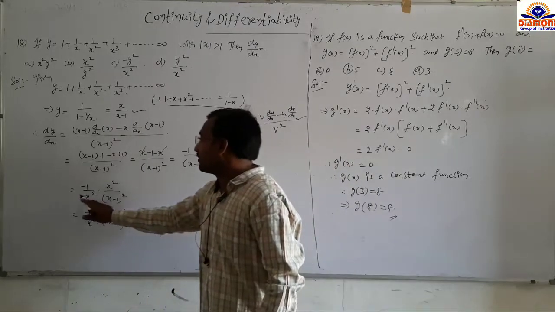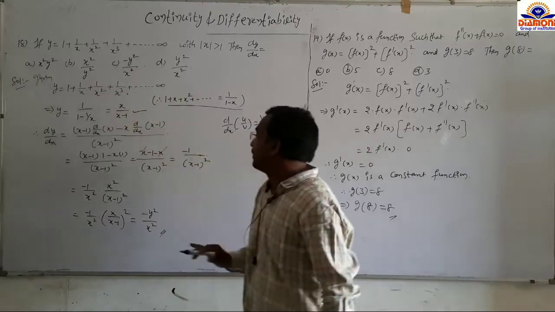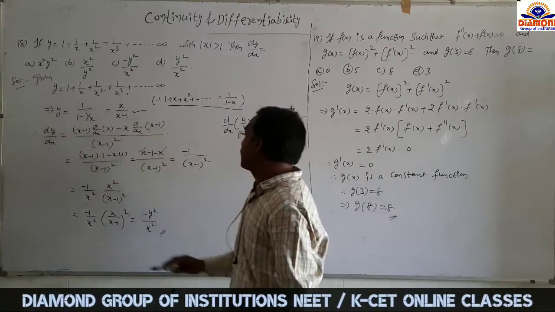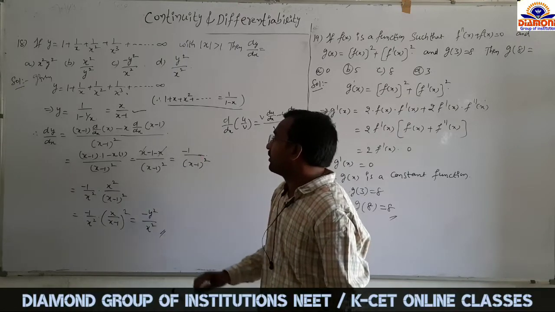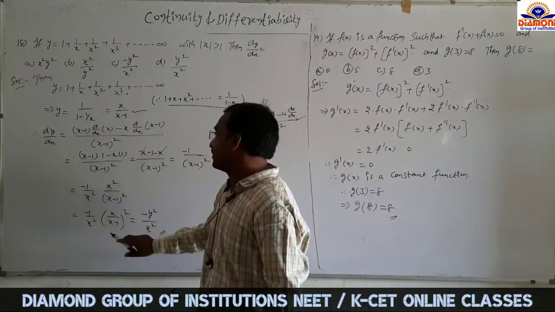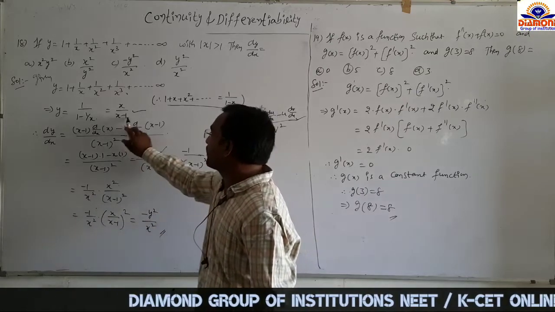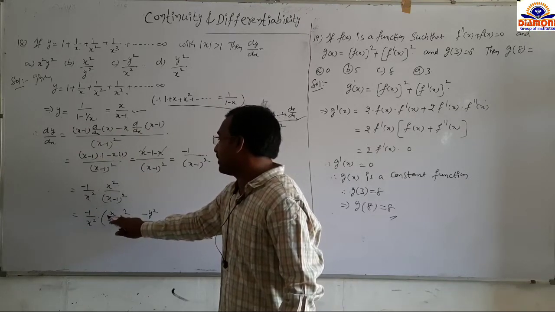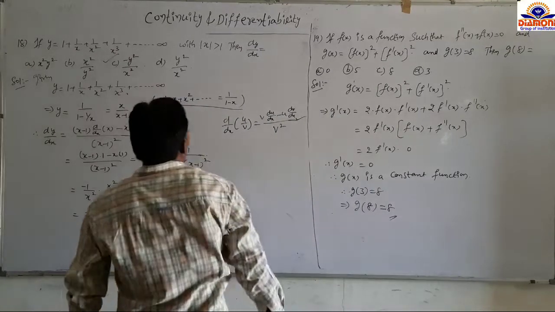So this is the dy by dx. But the answer is in terms of x square and y square only. So that's why the given function is converted to y equal to x by x minus 1. Here 1 by x minus 1 whole square is there. That's why in the numerator multiply and divide by x square. So minus 1 by x minus 1 whole square can be written as minus 1 by x square times x by x minus 1 whole square. x by x minus 1 is nothing but y. So in the place of x by x minus 1 substitute y. Then you get minus y square by x square. So option is C.